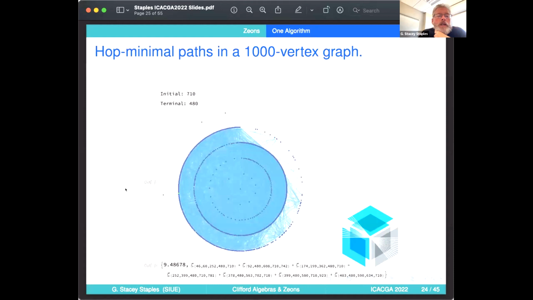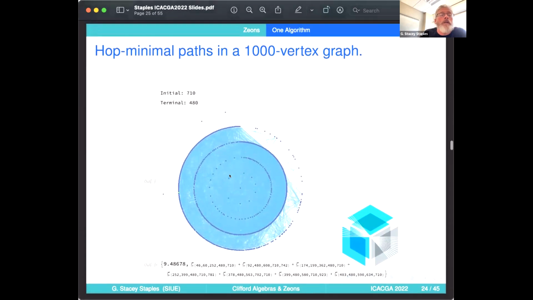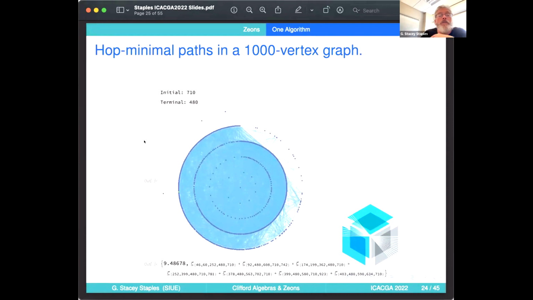And then I went ahead and just decided to do 1,000. Oh, there's the green one. So there's the initial vertex, number 710. 480 is in there somewhere, but once it gets this big, it's actually a pretty sparse graph, even though it doesn't really look like it, just because there are 1,000 vertices. And it took 9.5 seconds, but as it turns out, the shortest path from 710 to 480